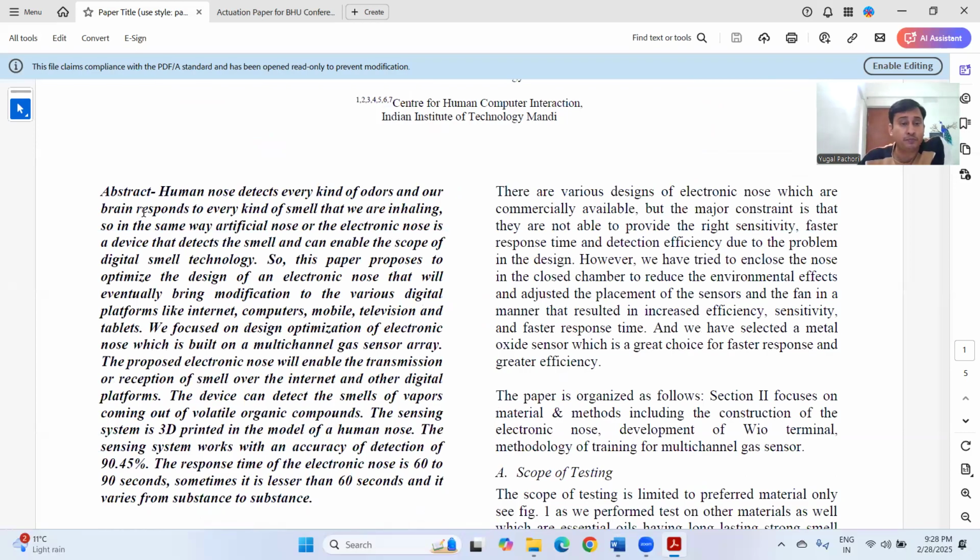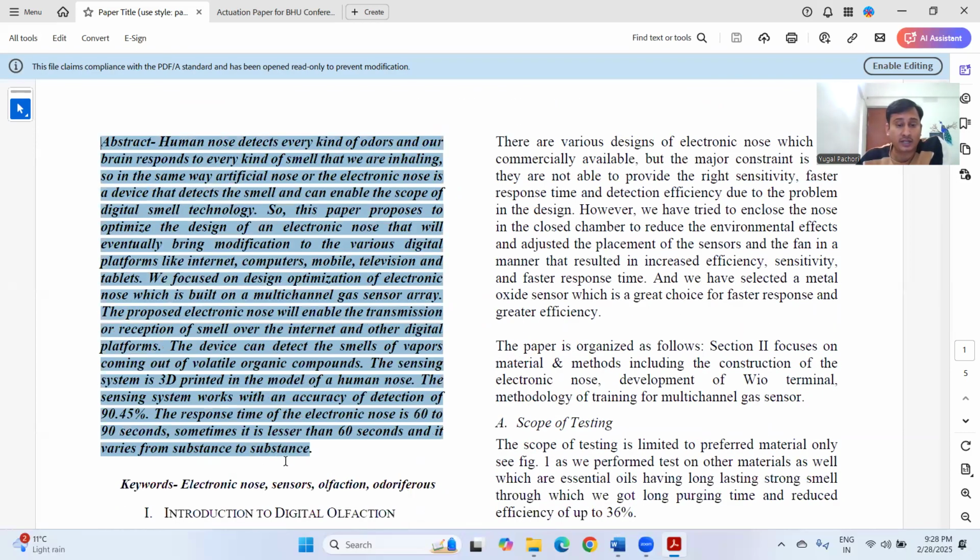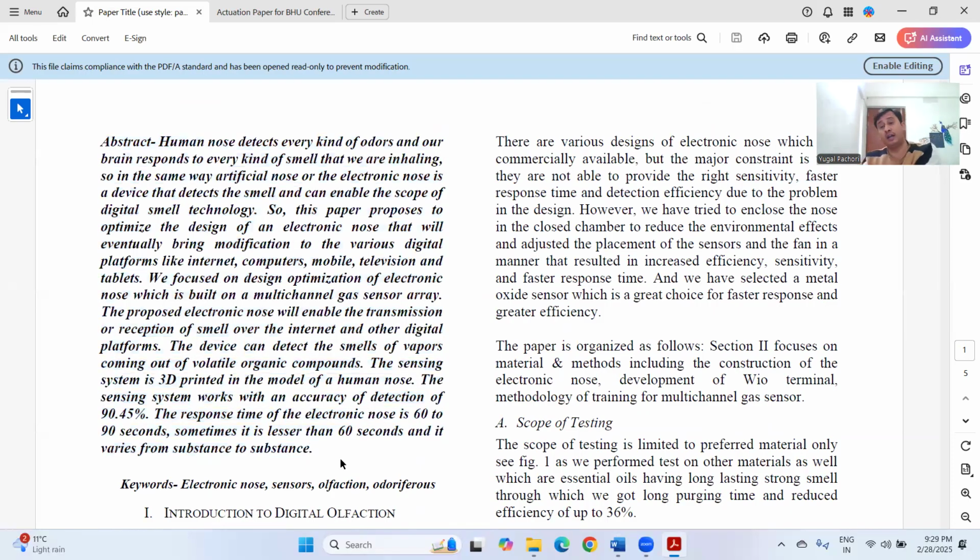Suppose this is a paper. This paper talks about the abstract. From my point of view, the abstract should be precise, and it is the opening of the paper. You should not add any superficial content in the abstract or the paper, because the paper should be authenticated and authorized, and it should be very nicely written in terms of literature as well as language. I mean the grammar part I'm talking about.